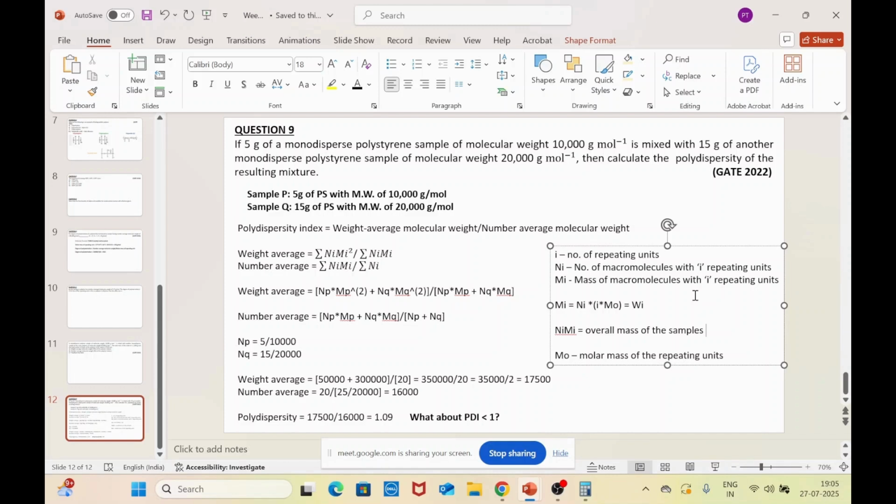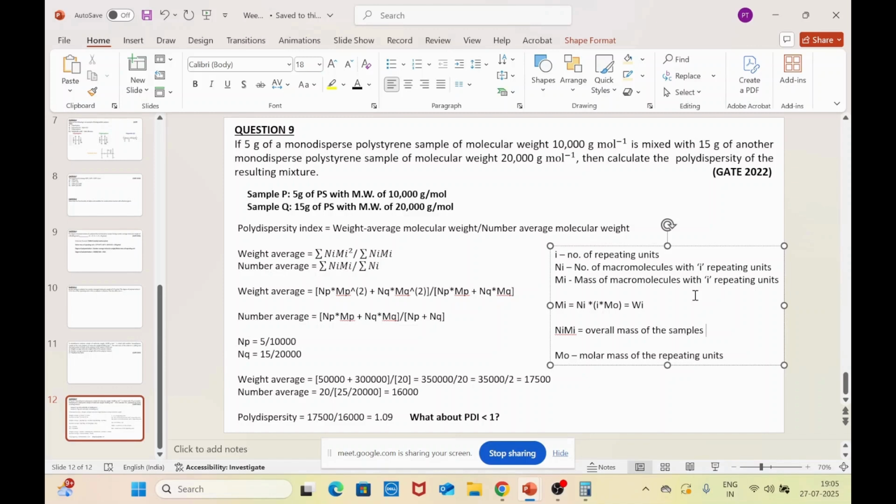How do we define, let's say, CH4 methane? It is 16. We do not define polymers like that. We put up a distribution, and based on that distribution we define different types of molecular weights, like weight average molecular weight and number average molecular weight. So we will have polymer chains or macromolecule chains with a different number of repeating units. Here i represents how many repeating units are there in that macromolecule chain, and Ni represents how many macromolecules have those i repeating units.